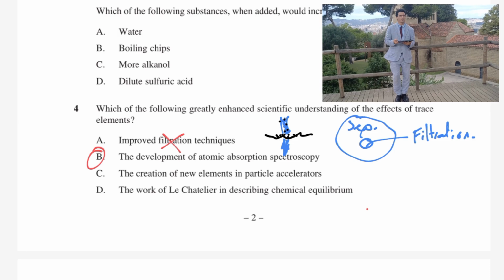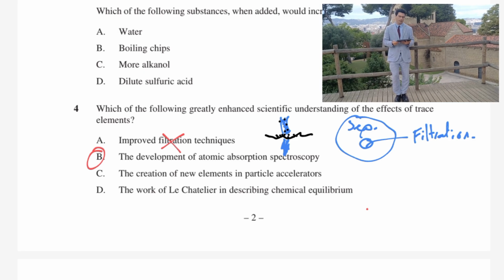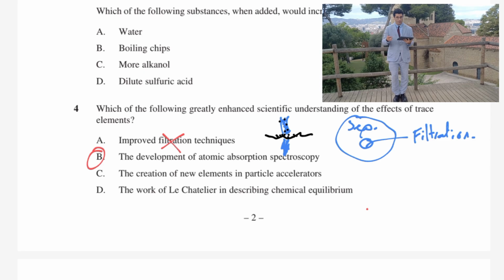Why? Well, let's think about atomic absorption spectroscopy and what it can do. It's sensitive. So let's go back to my example on cesium. Cesium was, thanks to atomic absorption spectroscopy, discovered. How was it discovered? Well,